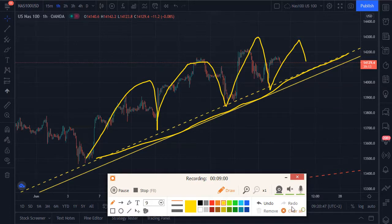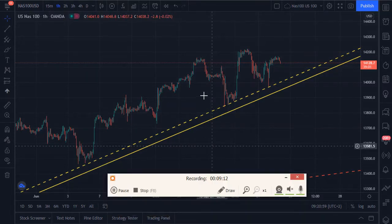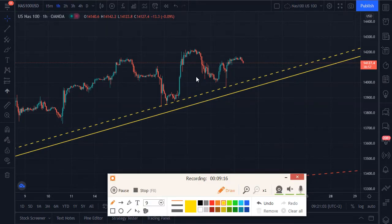So my overview for today, I think the market will just drop a little bit before we can see the market pushing higher. Remember, this is an hour time frame, so I'm on a very small time frame, which means I no longer need to zoom. But maybe you can draw something like this as a resistance. Maybe the market will come and respect that before we can see another push,